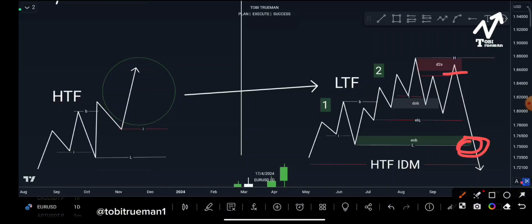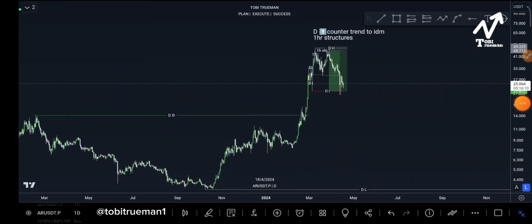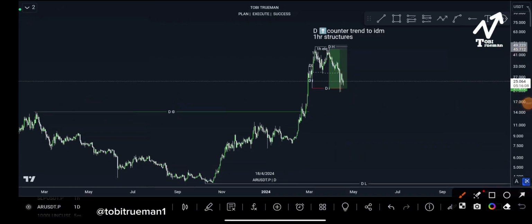That is how we do it. So I'm going to show an example of how we can use our entry model on counter trend trading to higher time frame inducement or even the lower time frame point of interest. Okay, as we can see here, we have this